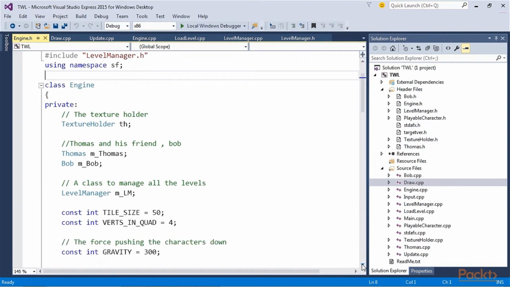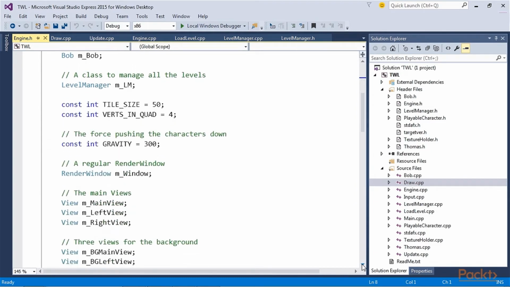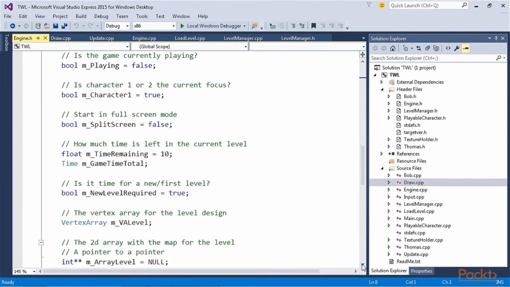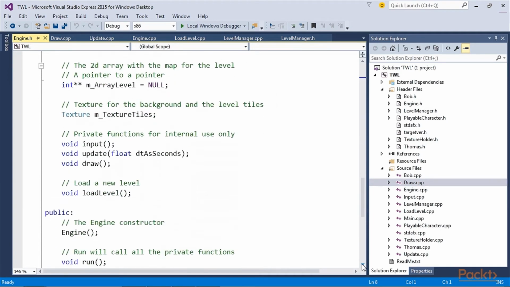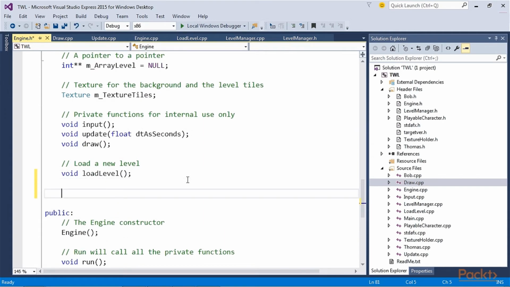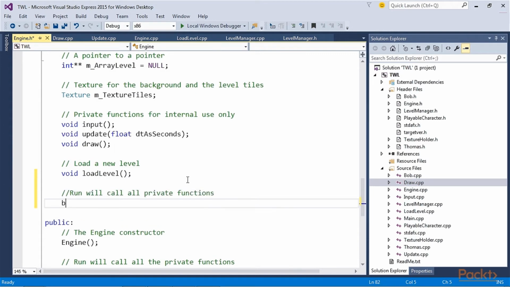To be clear, this function is part of the Engine class. Open up the Engine.h file and add a declaration for a function called detectCollisions. You have to add the declaration after the void loadLevel function. Write a comment: Run will call all the private functions. Then, bool detectCollisions(PlayableCharacter& character).